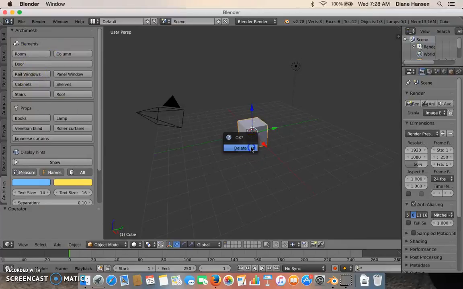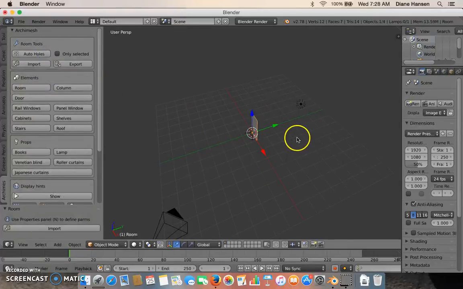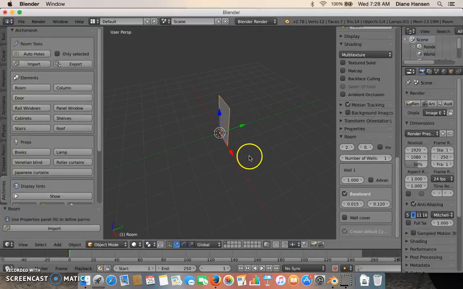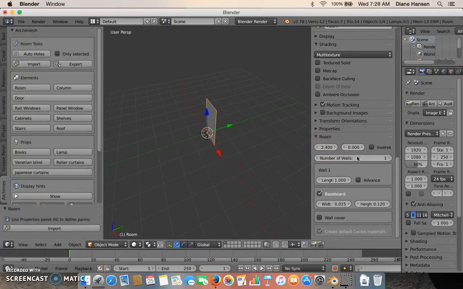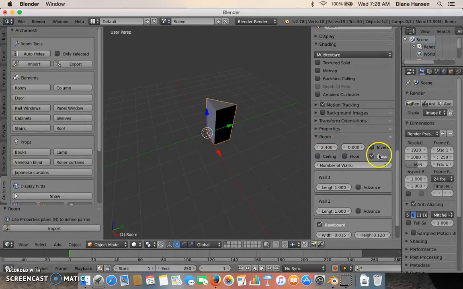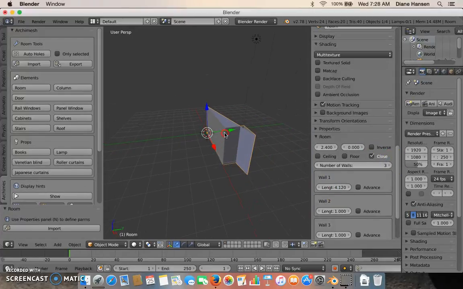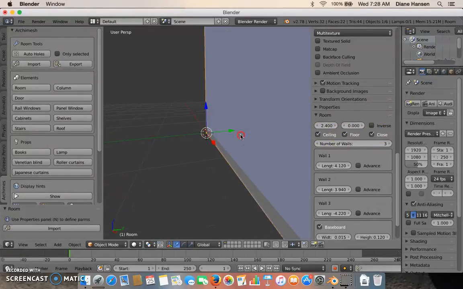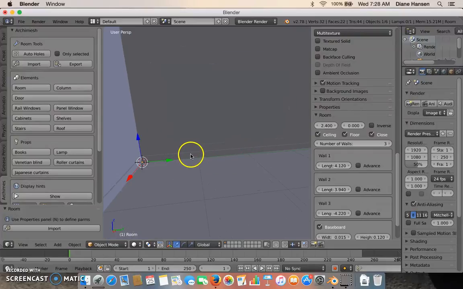I think it's kind of weird to create a room this way. We're in the tool bar here with T, and if you open up the properties tab and scroll to the bottom of the properties, you can set the number of walls and then the length of wall. This is kind of a weird way to do it, but it does work. Then you can give it a ceiling and a floor, and then if you go inside, it gives you a baseboard,